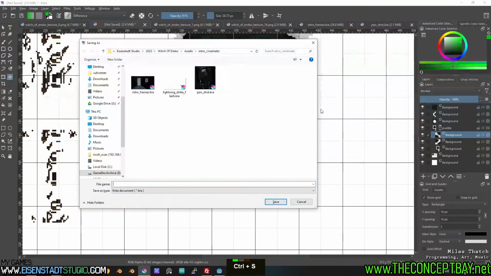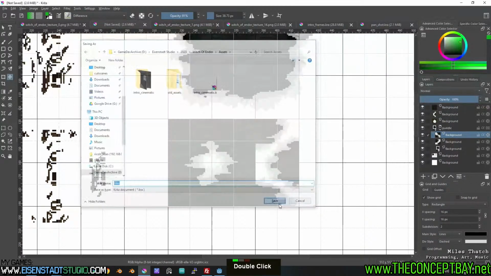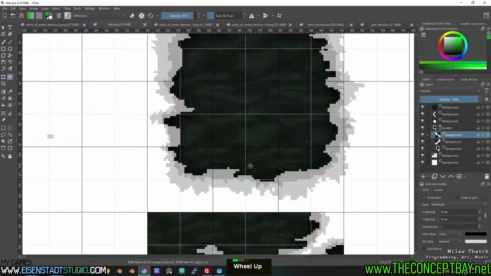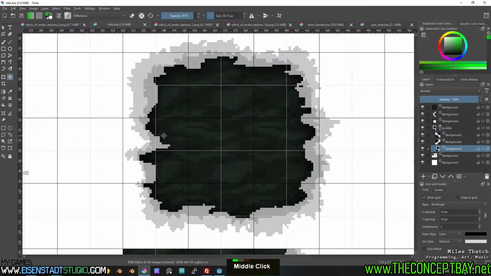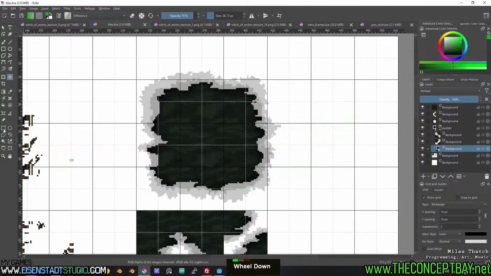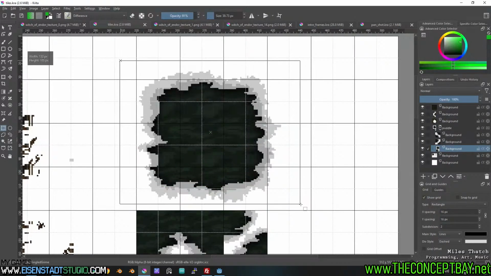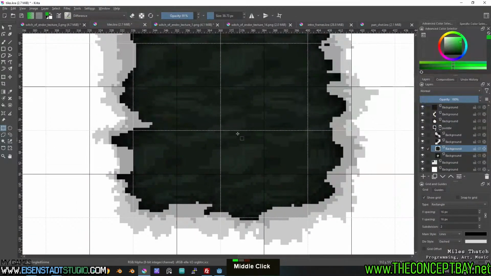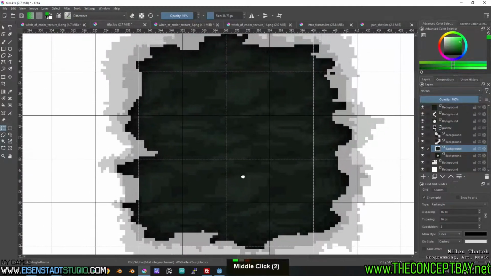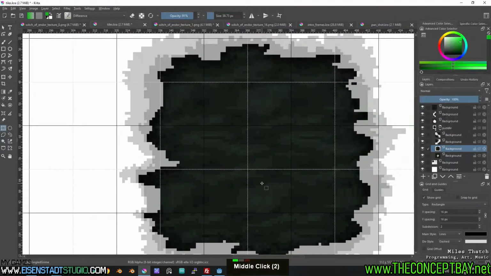I'm gonna save this tile set, or tiles. Now that has been saved, but we still have this guy. We don't have to worry about outer edges because they were just transparent, but we do need to worry about inner edges. There's gonna be a whole bunch of repetition in the inner edges, unless